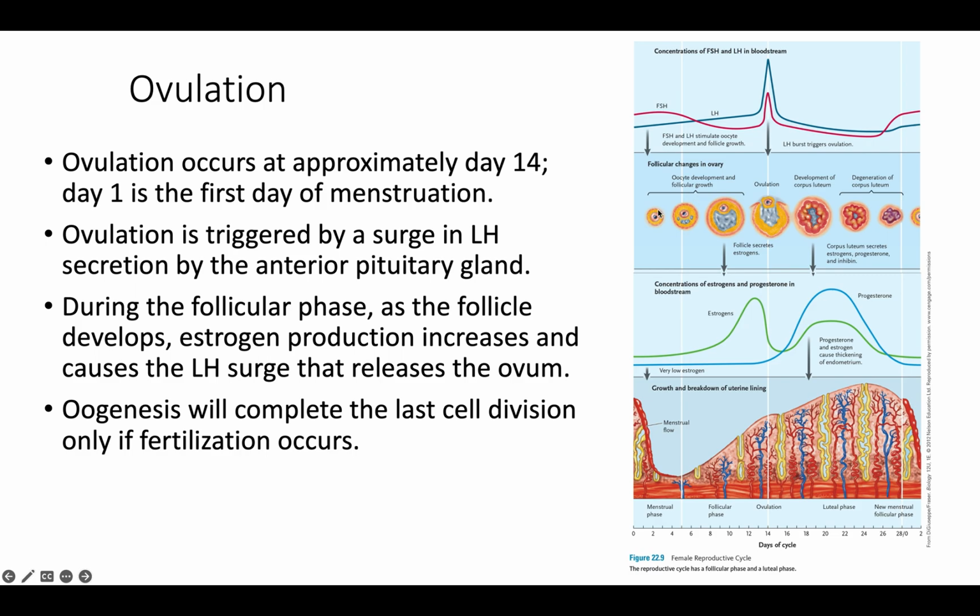So here are the follicular changes in the ovaries. Again, one oocyte is going to be given the opportunity to develop from the follicle per month. So that particular oocyte is going to be induced to develop follicular growth. Eventually, ovulation is when the follicle ruptures open. Again, that happens because of the FSH and LH surge. And then that ovulation is going to lead to hopefully fertilization in the infundibulum of the uterine tube, but